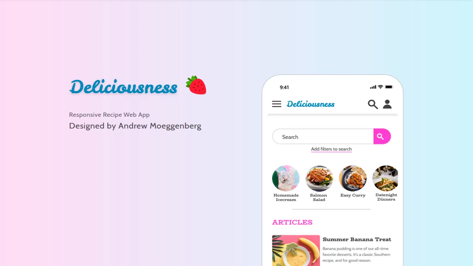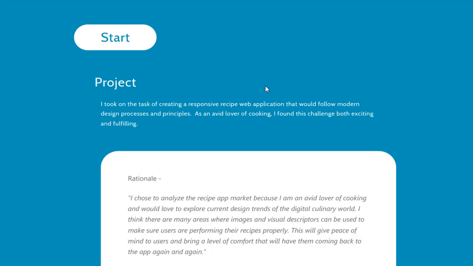So I was given a brief to design a responsive recipe web application that meets the needs of its users and solves problems that they are facing with existing recipe applications. Initially, starting out with the project, I decided to choose this because I myself am an avid lover of cooking. I really enjoy learning new things and trying new cuisines, and so I thought this challenge would be both